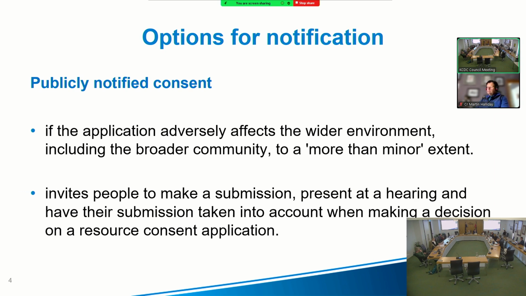So how the process works under bullet 2 there is that we really would make an opportunity for the public to make a submission. We then present our application at a hearing, and members from the public would then be able to submit on the application, and as planners, we would consider that when we make the decision on whether the consent could be granted.